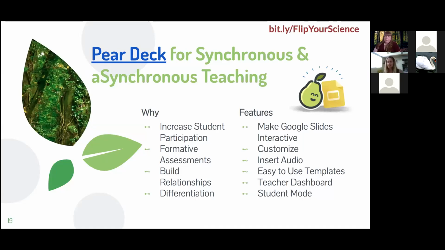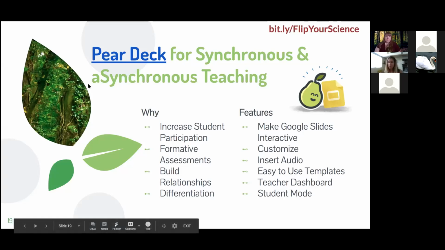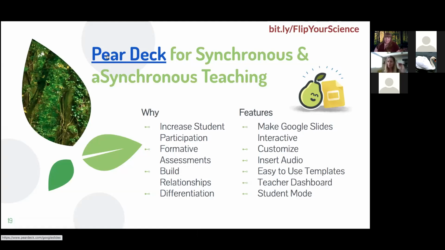If you want to start teaching your students how to use that Google Hyperslide, my suggestion is to maybe use it through Pear Deck for synchronous teaching before you let go and create it as a flipped lesson. They also have an audio implementation, which is amazing. Now you can just throw an audio on a slide and give verbal directions to your students. So Pear Deck is also great when integrating Google Slides.